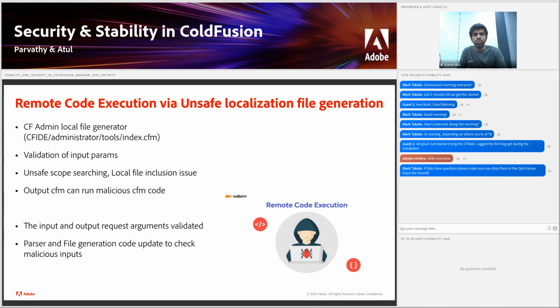Next, we talk about remote code execution via unsafe localization file generation. So this again is a byproduct of that same vulnerability. We know that we have a local file generator sitting inside the administrator tools folder called index.cfm. What it does is it takes a set of input parameters. Based on that, it will try to output some CFM, and it will all depend on the parameters that we